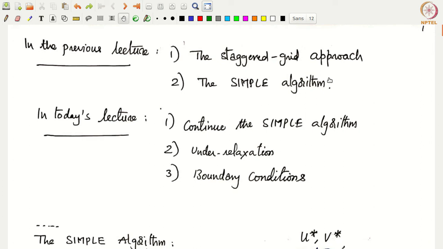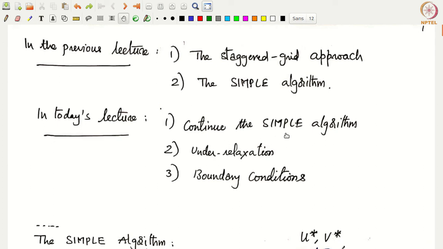All right, then we also looked at the SIMPLE algorithm, the Semi-Implicit Method for Pressure-Linked Equations, in which we created an equation for pressure correction from the continuity equation and the momentum equations. So we went step by step through the algorithm, and in today's lecture we're going to